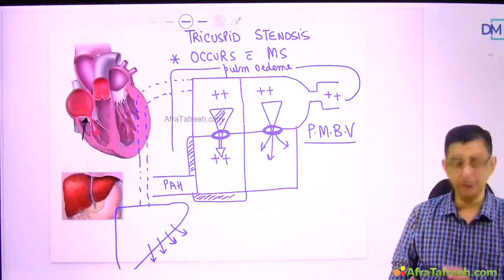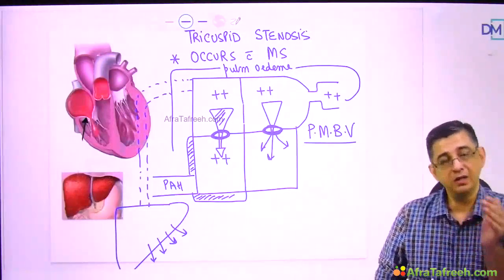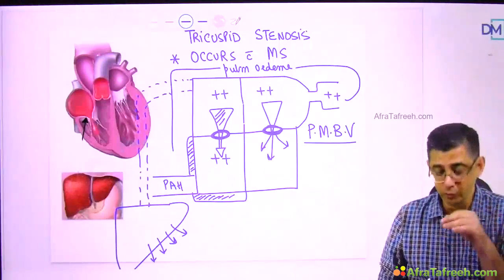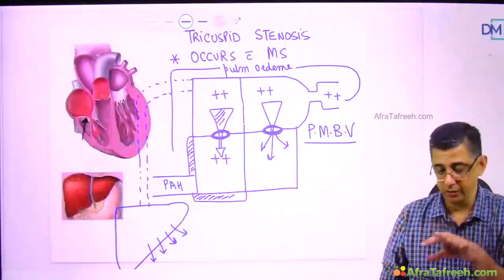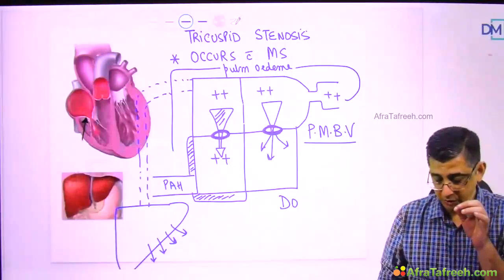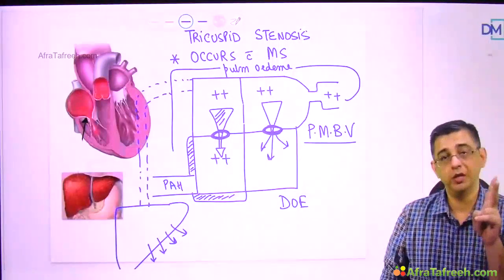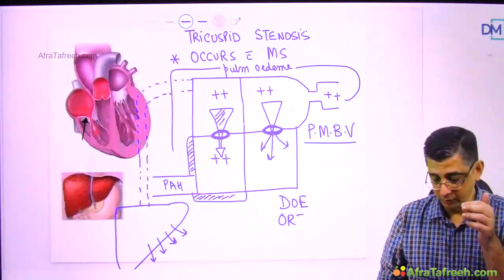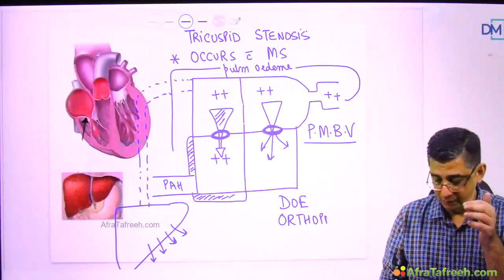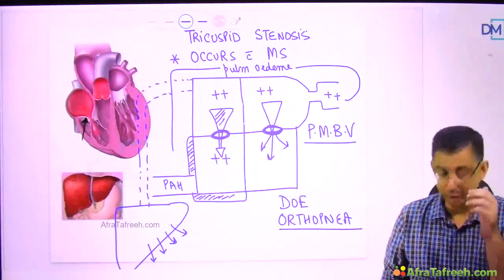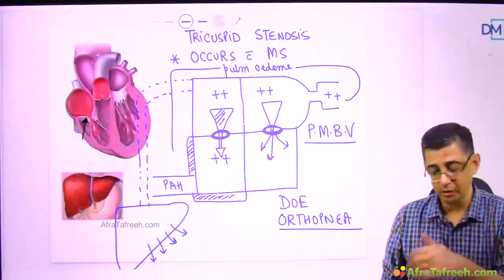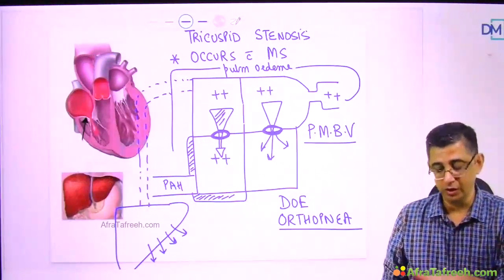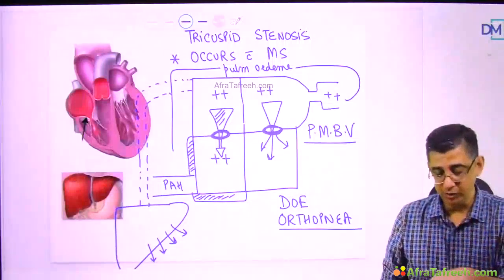I'll repeat my findings once again. Suppose a patient is having MS and TS together, then mostly the symptoms of MS will be predominating. Initially, when patients present to us with a combination of the two lesions, most patients would be having dyspnea on exertion, orthopnea, which are so prominent features that you will mainly pay attention to the pulmonary edema component and work up the patient and diagnose that he's having mitral stenosis, and echocardiography will pick it up,